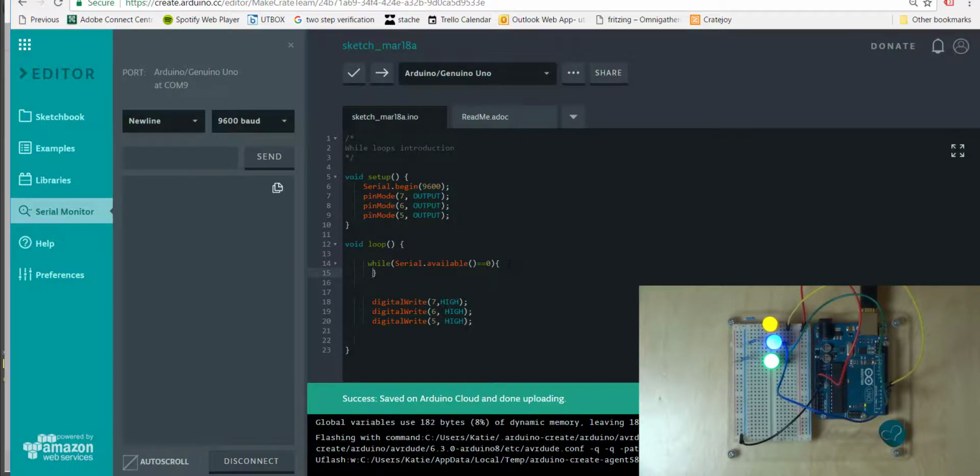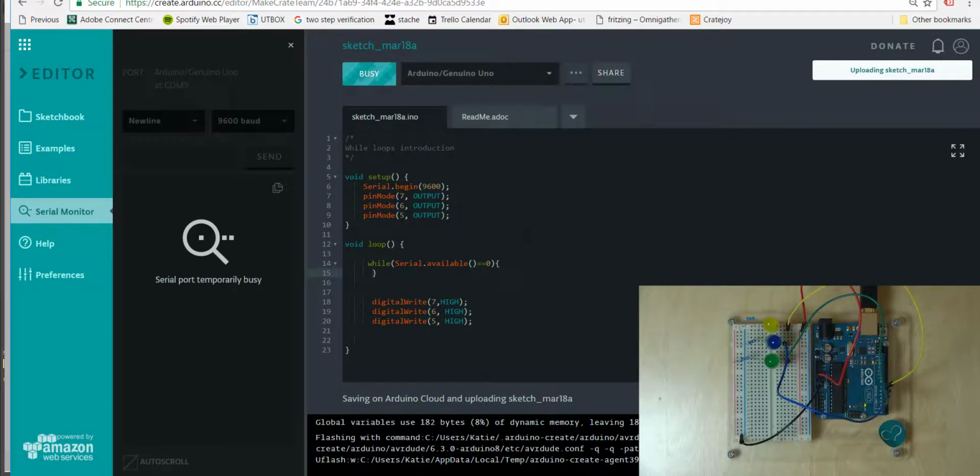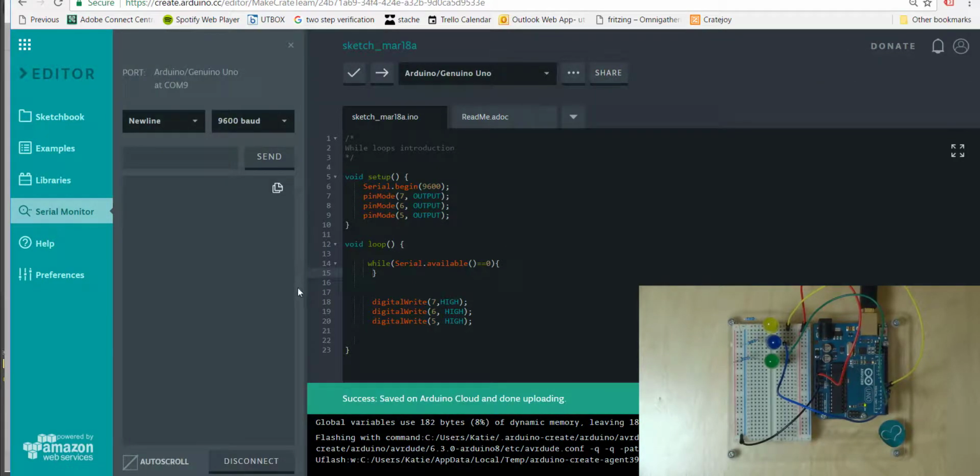So what should happen when we upload this code is that those LEDs should go off. And when they do, they won't turn back on until I enter some input over here. So let's go ahead and watch how that works. Okay, so now you can see that that code with just that one line, when it uploaded this time, the